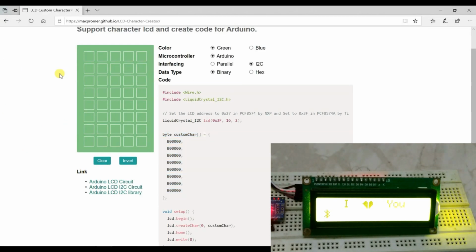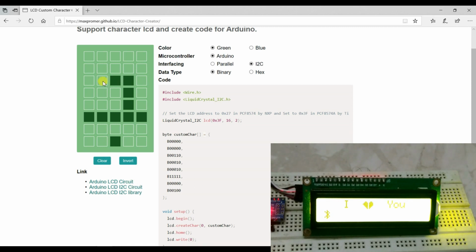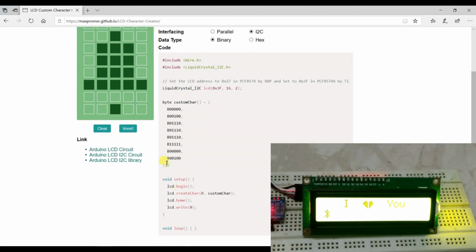So we will print another symbol. This is an alarm. Okay, I will copy this binary code.